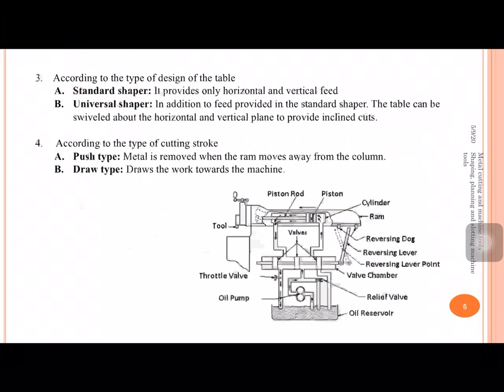shaping machine. And here you can see there is an oil pump here, and this is the oil reservoir, and the pump, what it is doing, it is going to lift this oil through this valve chamber. That is what is shown here. So whenever water is lifted, there are the openings here. Here you can see, once the oil is entering into the valve chamber, there are two openings. Then the fluid may be entering in this way, through this valve or through this valve.